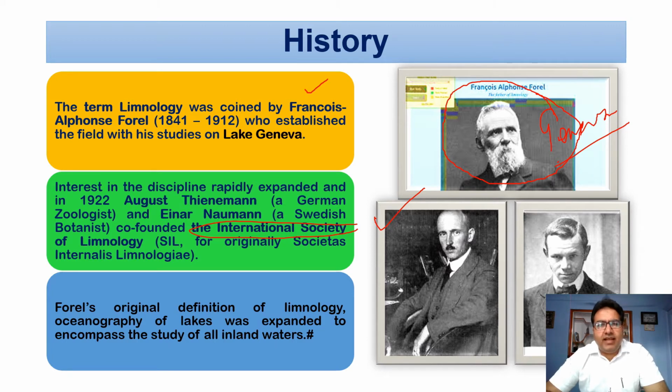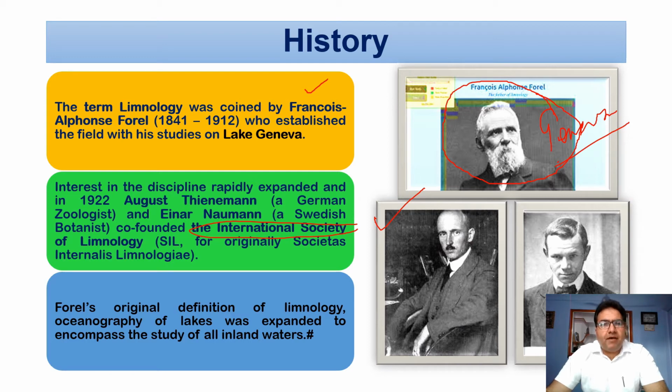Forel is especially well known for his seminal work on underwater light and water color. So he also worked on the penetrance of light and the color of the water. Then he also worked on lake stratification and the seiche. This seiche is a French word, used for centuries at Lake Geneva. He also studied the zoobenthos of the lake and the importance of the organic carbon cycle in linking all components of the lake ecosystem and its surroundings.